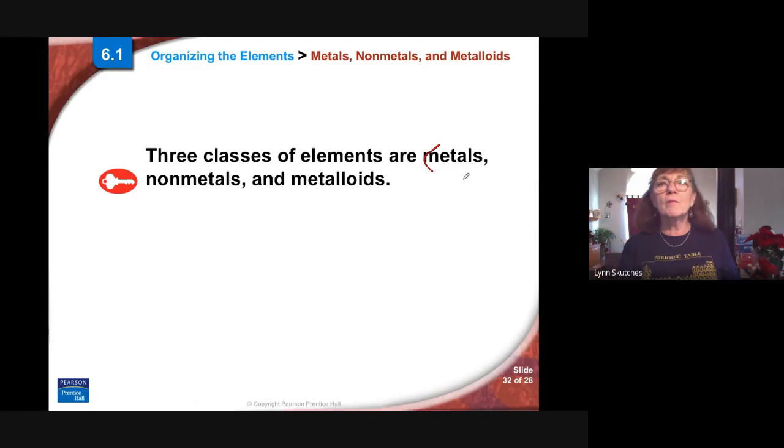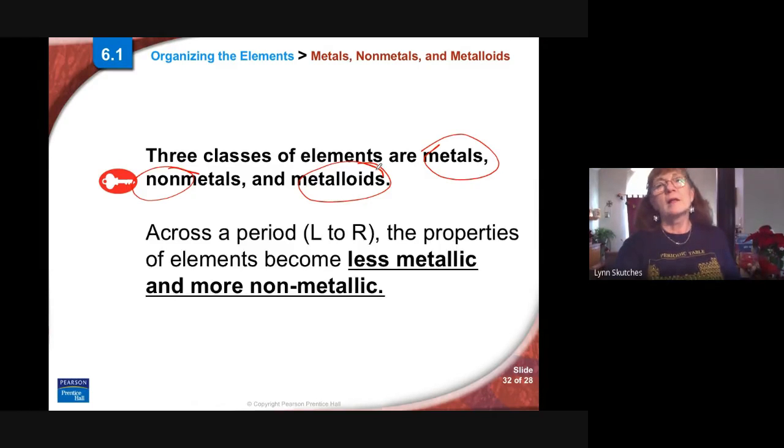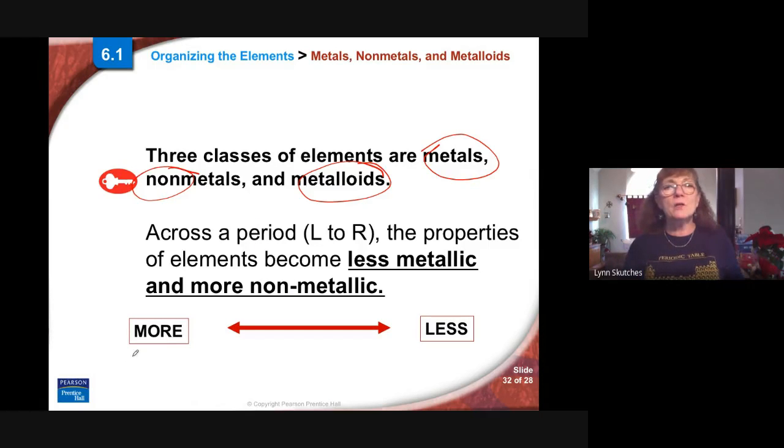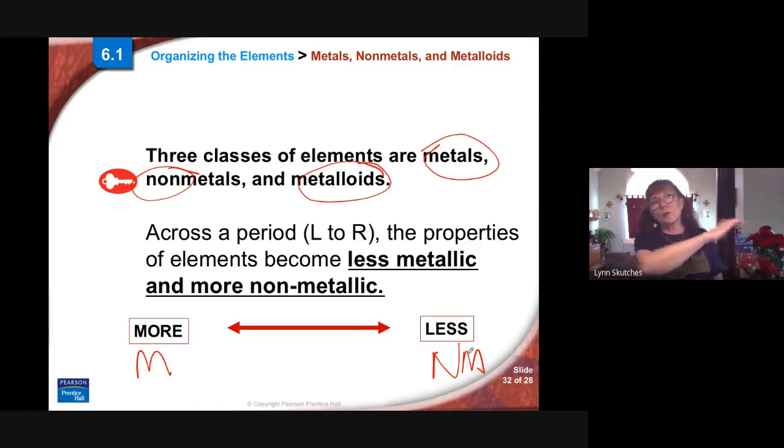Metals, non-metals, and metalloids. And as you go from left to right, they become less metallic. So the metals are on the left, the non-metals are on the right. And those characteristics, again, remember I told you yesterday, as you go across a period, big changes in elements and